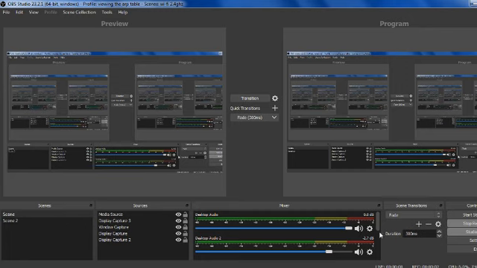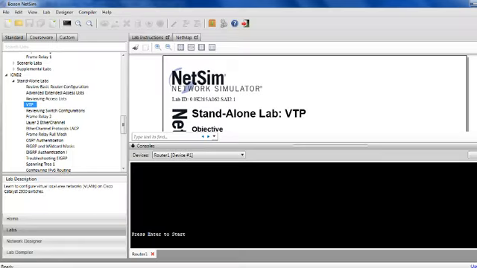Okay, so I just downloaded the newest version of OBS Studio, and today I'm going to be going over a protocol called VTP. This will branch over into CCNP studies, but it is imperative to know about VTP in everyday networking. So let me go over VTP